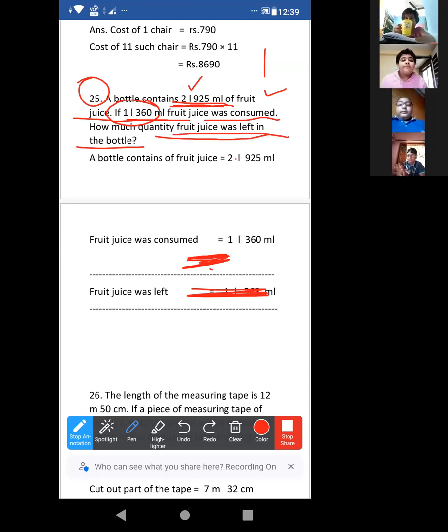I already told you what to do in the case of remaining, in the case of the left part. Yes or no? Just shake your heads if yes. Okay, then I think you can do it yourself. I am giving you 2 minutes. Do it yourself, then I'll show you the answer. Completed? Okay, let us wait for the others also. Just complete it, I am giving you 1 minute only.